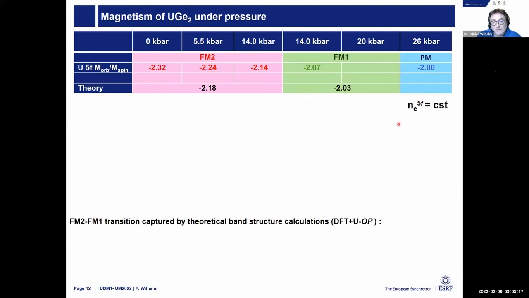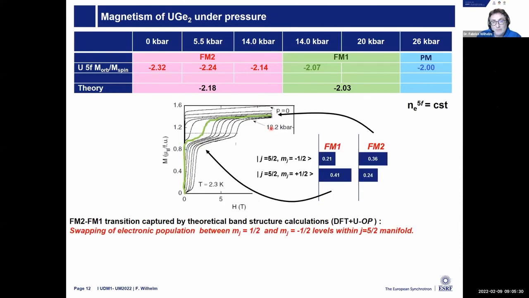For both phases, it has also been seen through the calculations that the number of 5F electrons is not changing at all. So now, how can we understand these changes of the orbital to spin moment ratio? For that, we have looked deeper into the calculation, and we found out that at the transition there's a swapping of the electronic population that takes place between only two levels, the levels G5 and the Mg for